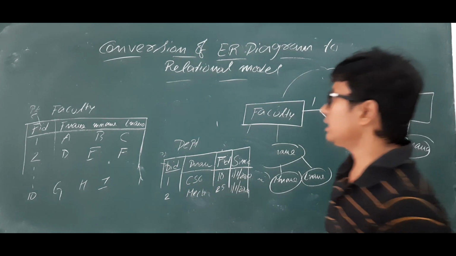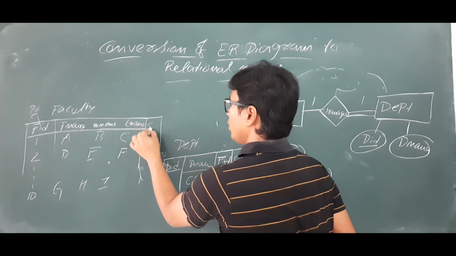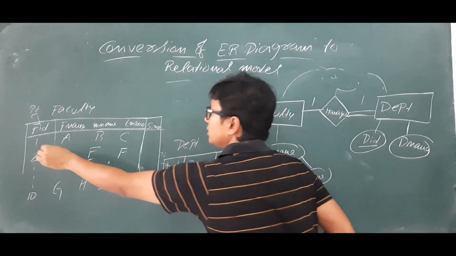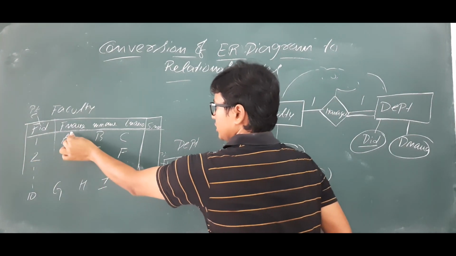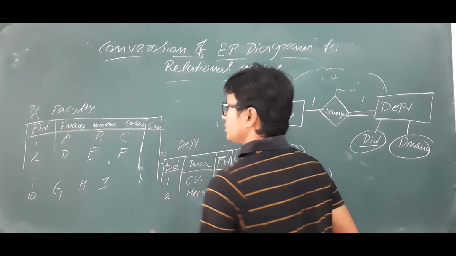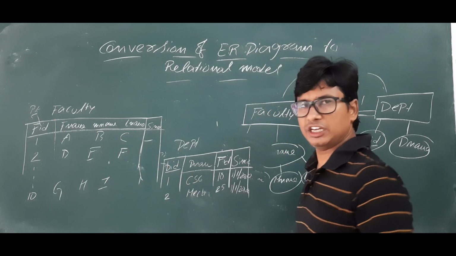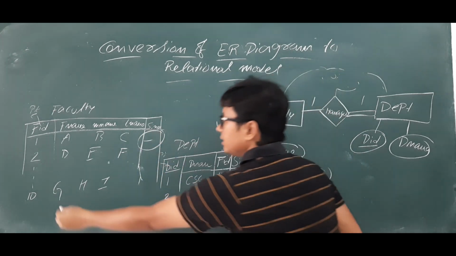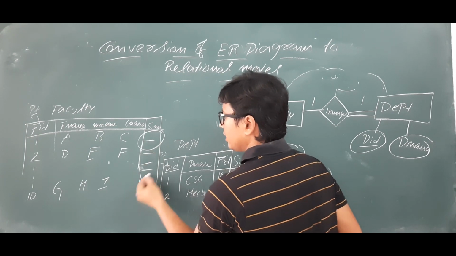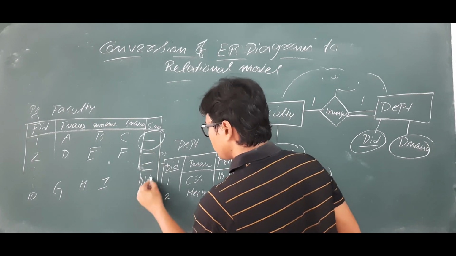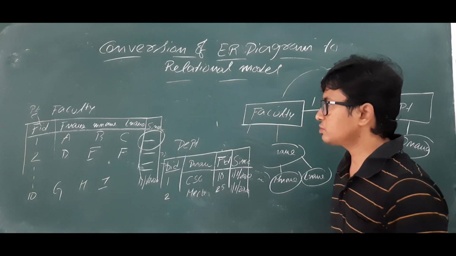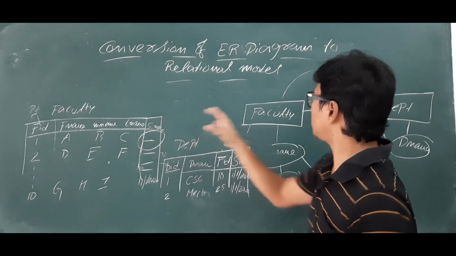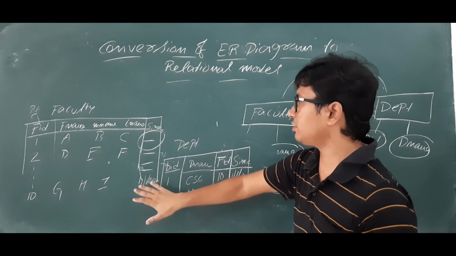Suppose if I keep the since here, in the faculty table, what will happen? Here also I can keep it, but what is the problem with this one? Now if you see faculty 1, whose name is A, middle name is B and last name is C, he is not the HOD. If he is not the HOD, then how can you ask him to enter the since? He is not the HOD. Here it will be null, and at 10 you will have the value as 1/2020. So again you will have the null values. So to avoid that, if you keep the since attribute in the entity called faculty, you will have the null values.